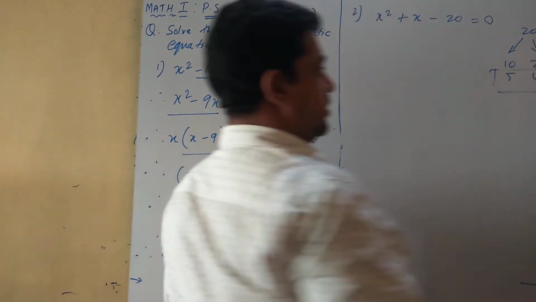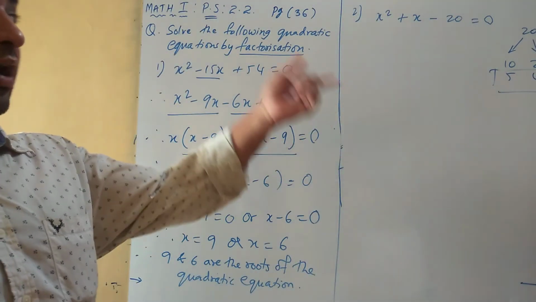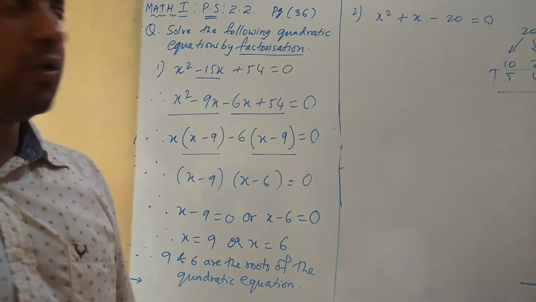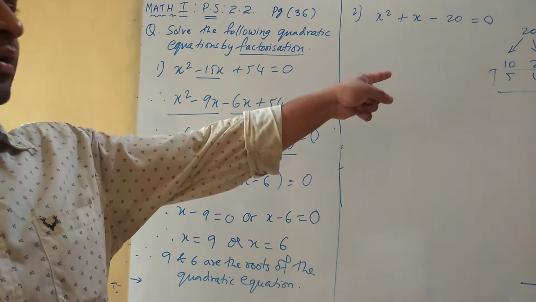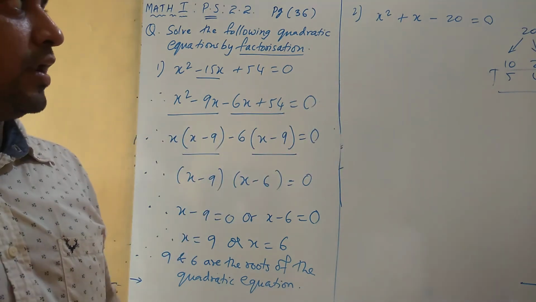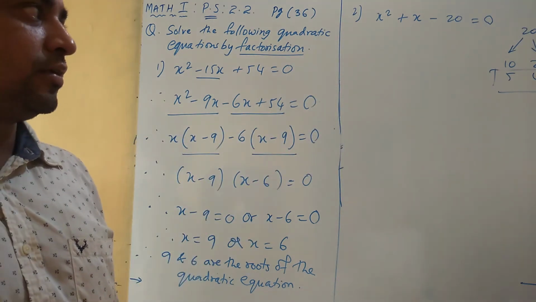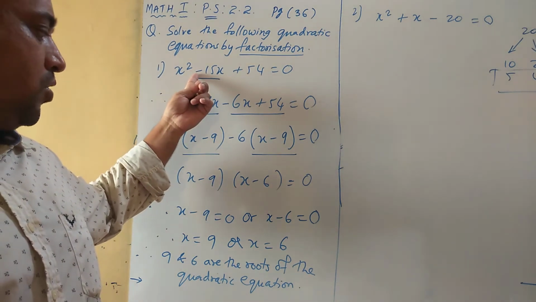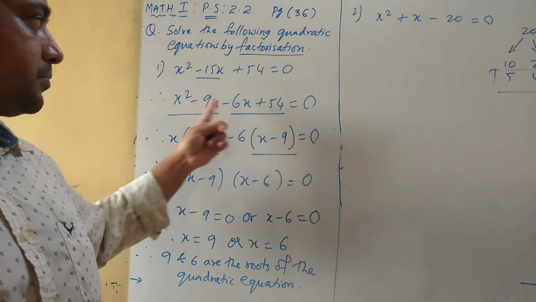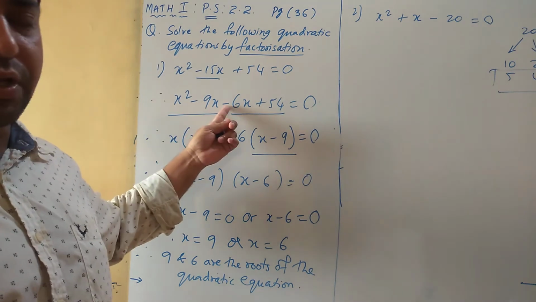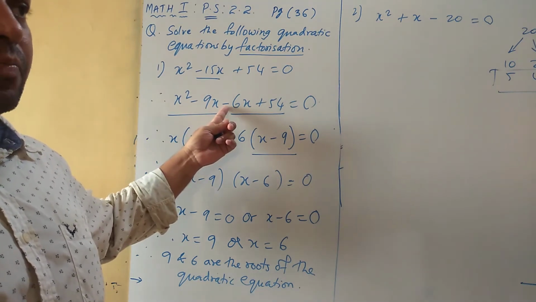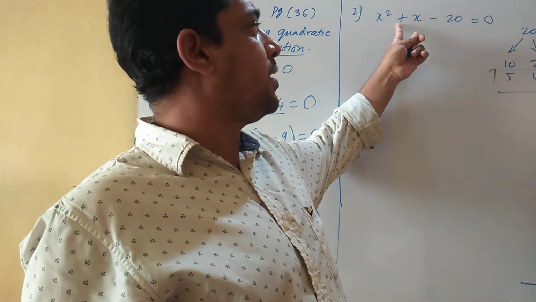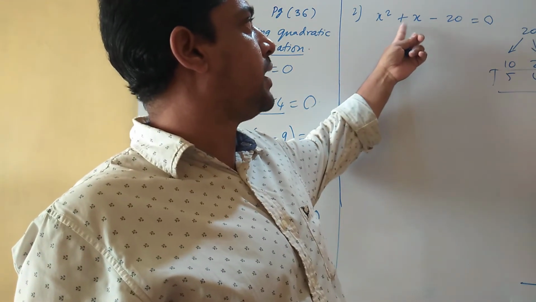Clear everybody? Yes. So 5 times 4 is 20, and 5 minus 4 is 1. So I should get 1x. I am getting it with this pair, so this is your correct pair. Now regarding the sign, I told you that when the middle term was minus, I had to take both the numbers with negative coefficients. Here I should have one number as positive. Why? The middle term is plus here.